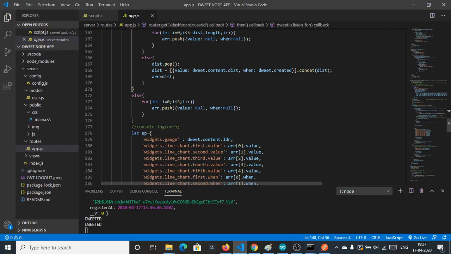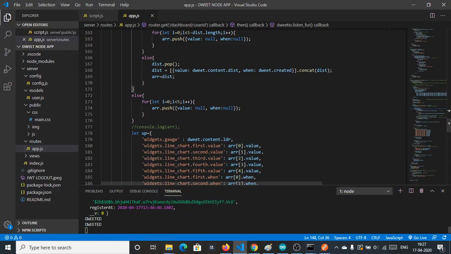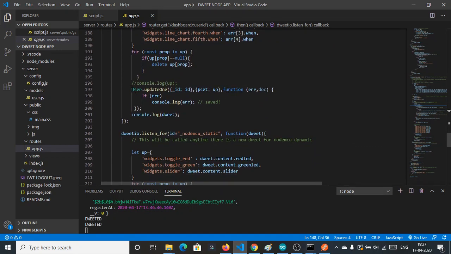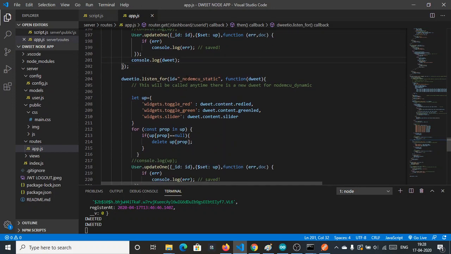The gauge widget stores the content of LDR, doit.content.ldr. This is the same format. And similarly we update the database, and after that NodeMCU static, which contains the red toggle, green toggle and slider.